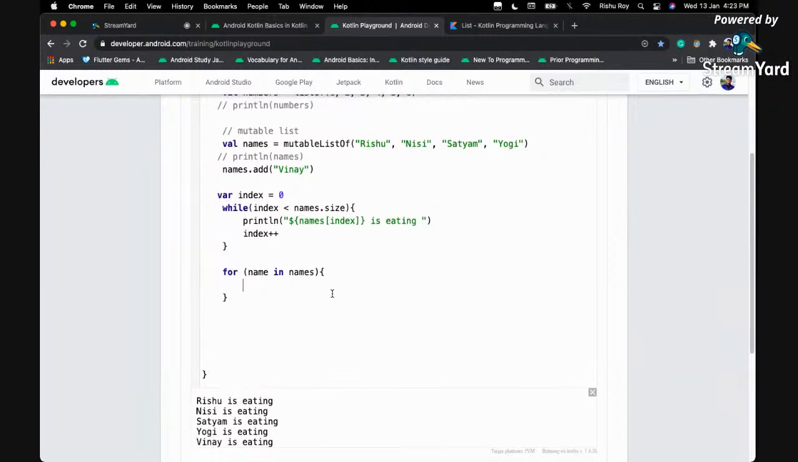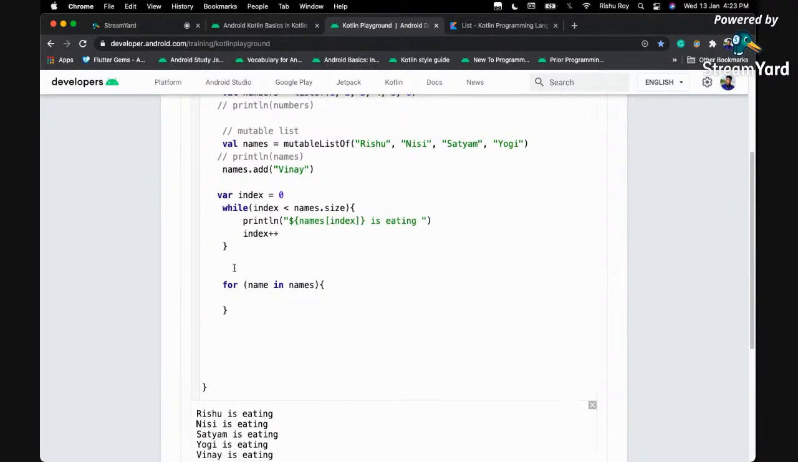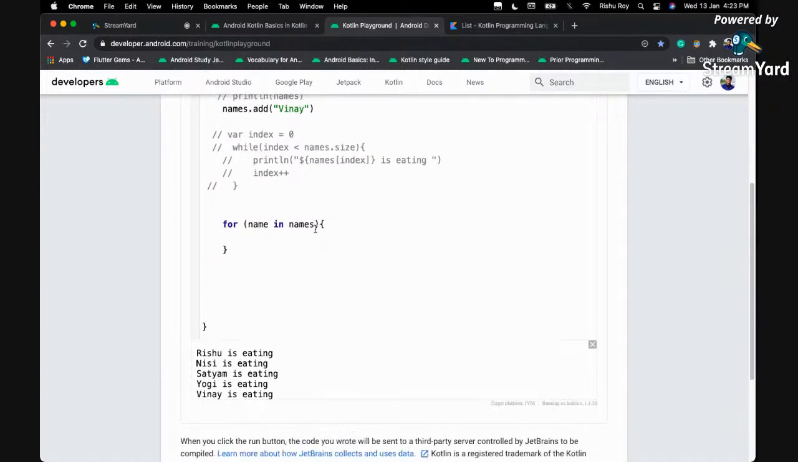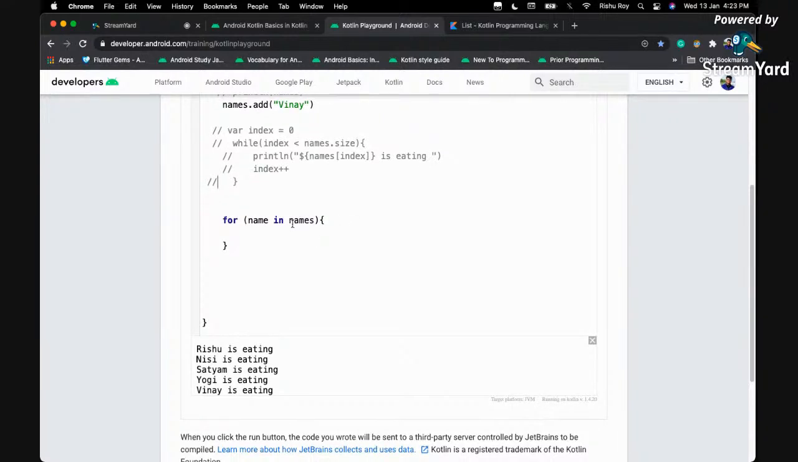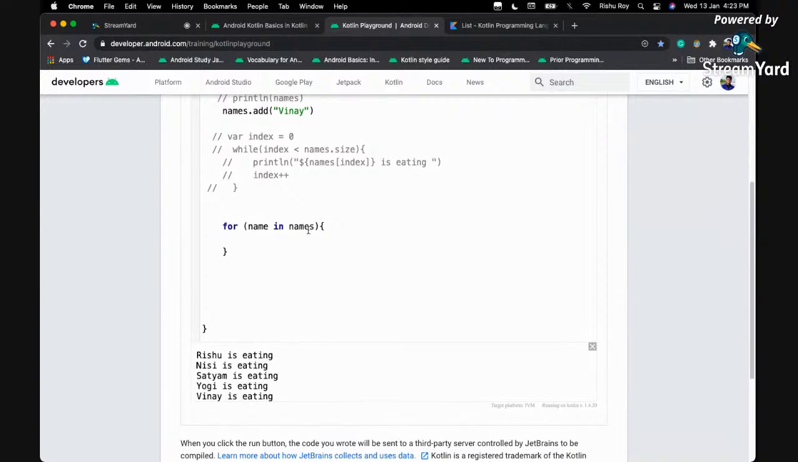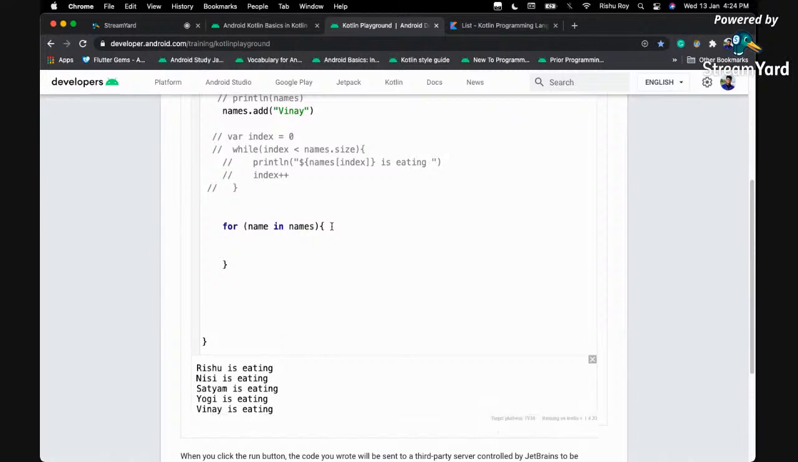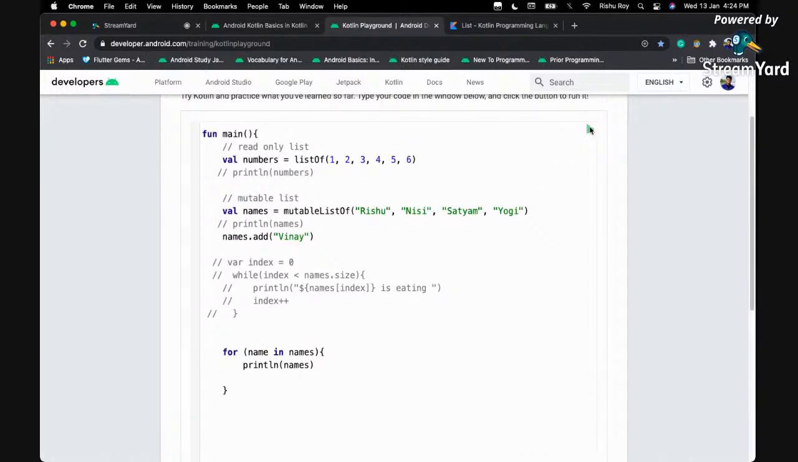Okay. So as you can see, this is the syntax of our for in loop. This name is a variable, and this names is the list of names. So do not get confused about this name and this names. So now it's very easy. We can simply use println and print our names,